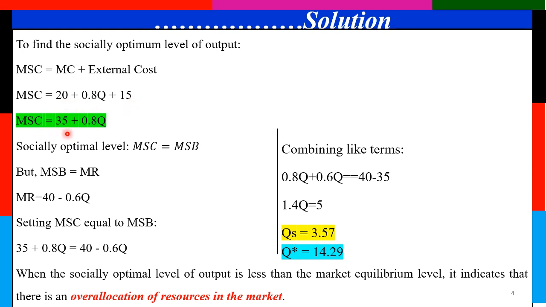Marginal social cost is equal to 35 plus 0.8 cube or the output. Socially optimal level means, as I told you, it is the situation when marginal social cost is equal to marginal